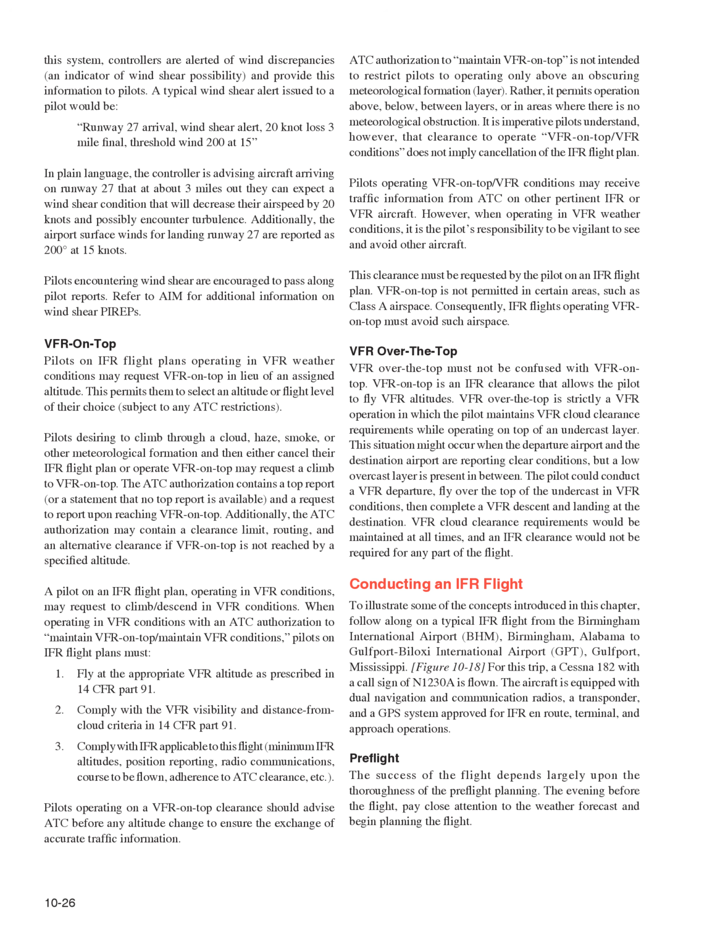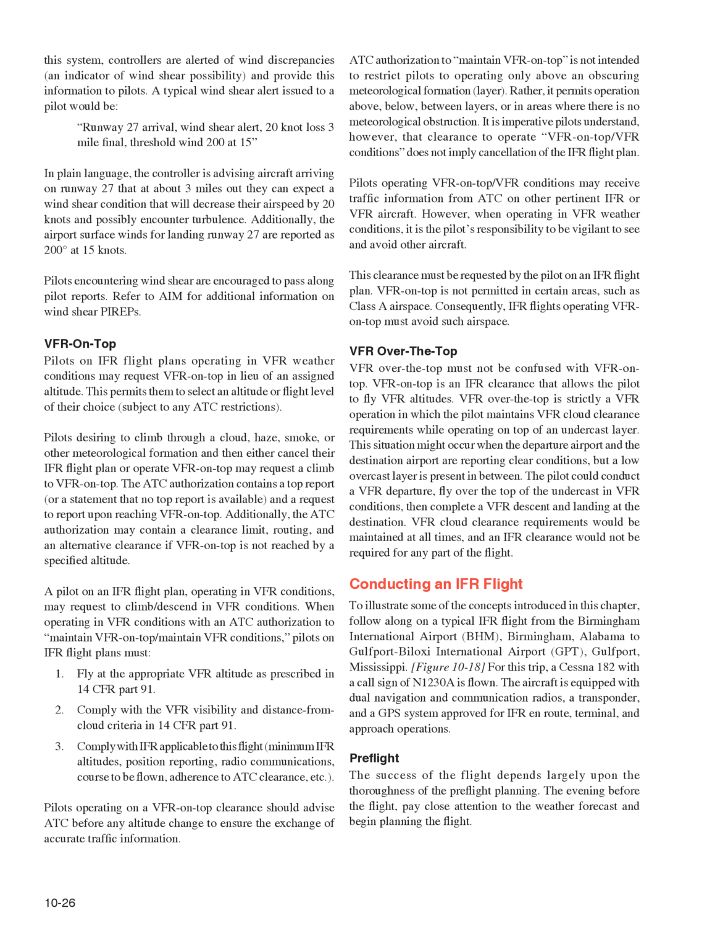With this system, controllers are alerted of wind discrepancies, an indicator of wind shear possibility, and provide this information to pilots. A typical wind shear alert issued to a pilot would be, "Runway 27 arrival, wind shear alert, 20 knot loss 3 mile final, threshold wind 200 at 15." In plain language,